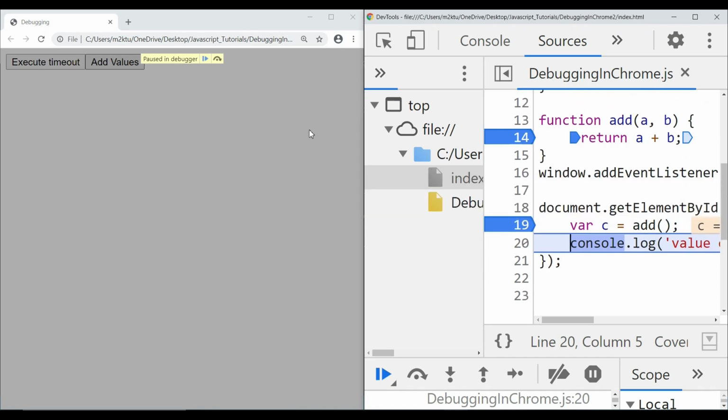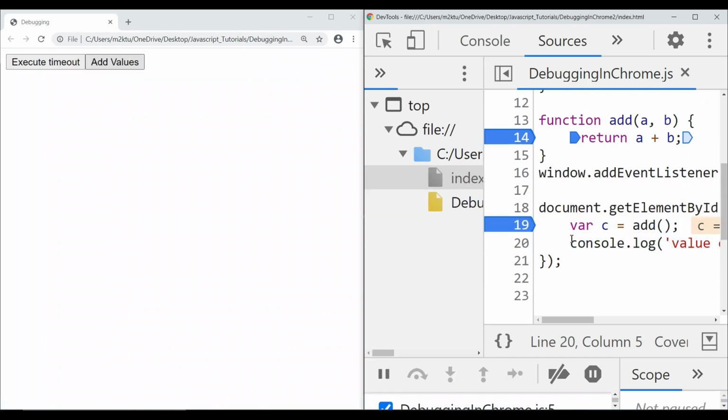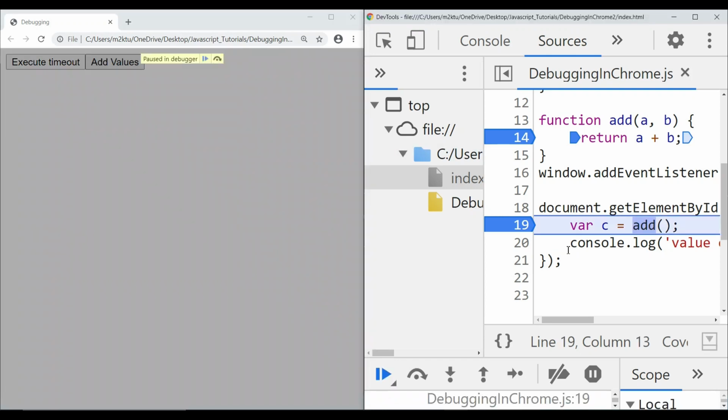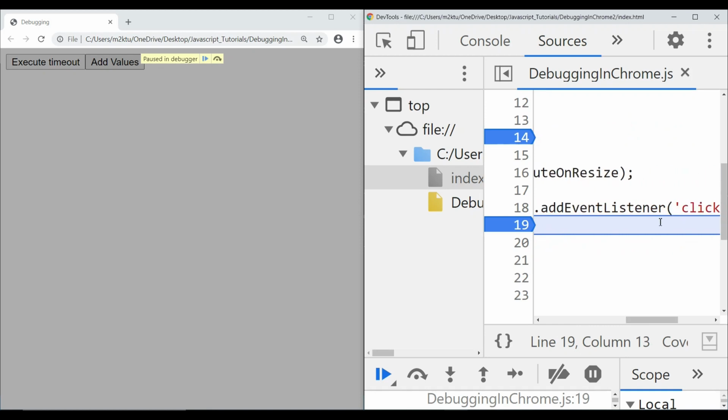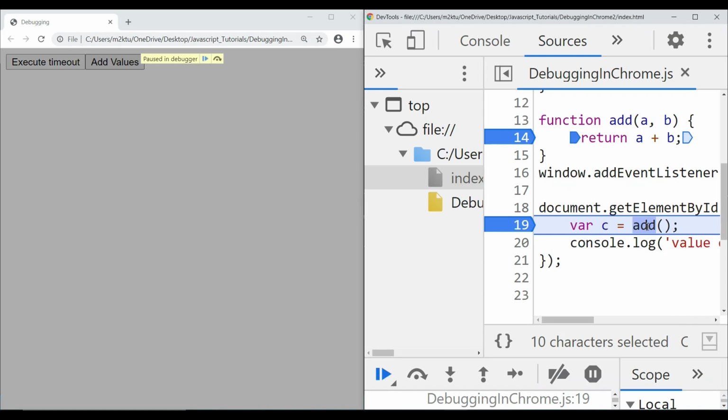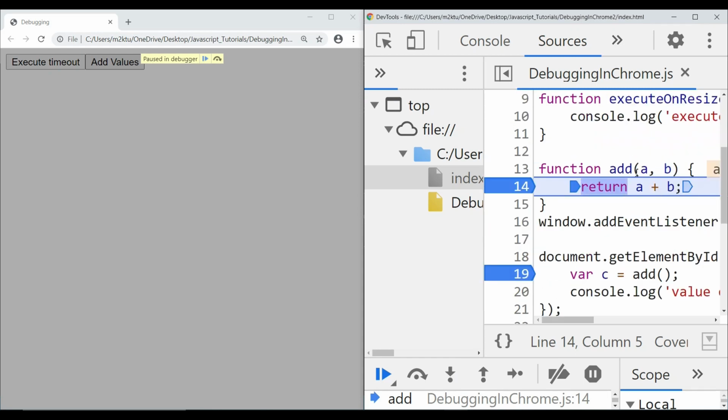Let me press F8 again so that we can get outside of this, and then again click on this one. You came into this asynchronous function already, which is executing after the click. We're going to debug it. We were seeing that there is some problem in the add. Now, like in our previous video, to go to this add function, you can click on this step into next function call button, or you can press F11, and now you are in the add function.